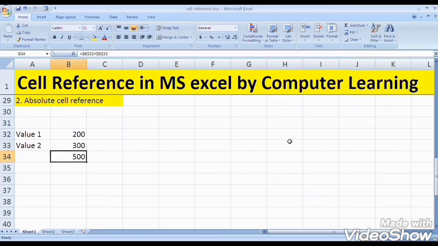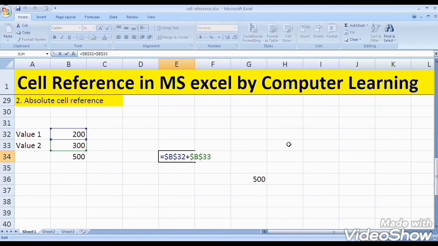It will not change. Means when we add the dollar symbol before the cell reference, then it automatically does not change. Means fixed. See properly, I will copy this 500 and paste it in any place. Only the 500 answer will come there.